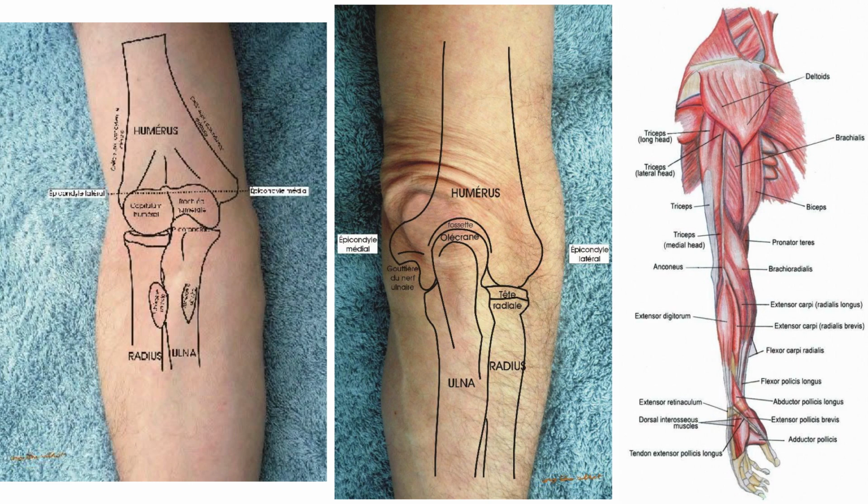Now the trochlea has a surface shaped like a pulley and covers the anterior, posterior, and inferior surfaces of the medial condyle of the humerus, and it articulates with the ulna at the trochlear notch. When the elbow is in the extended position, the posterior and inferior aspects of the trochlea are in contact with the ulna. However, when the elbow is flexed, the posterior part is no longer in contact as the trochlear notch slides towards the anterior aspect of the humerus.